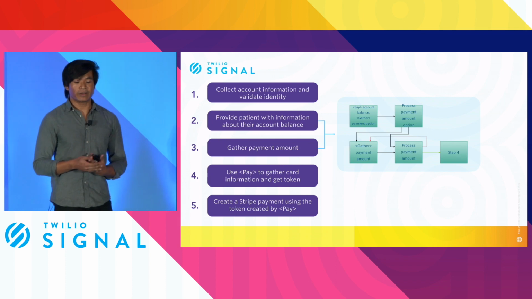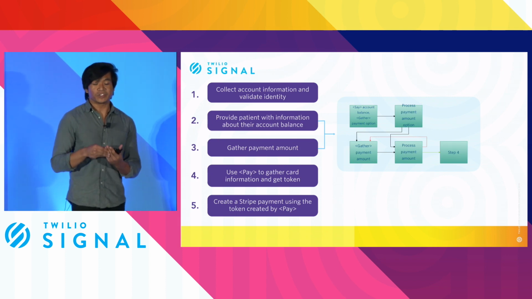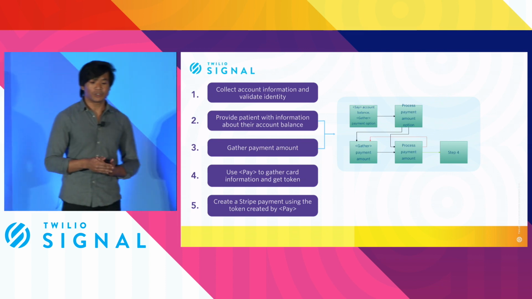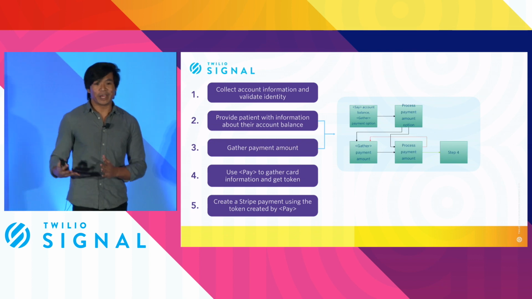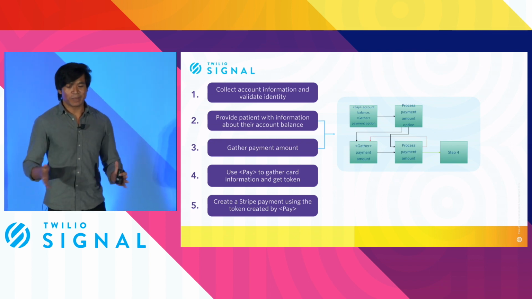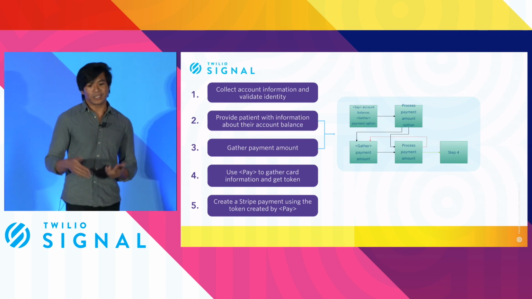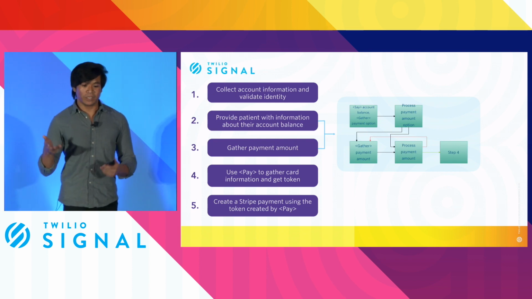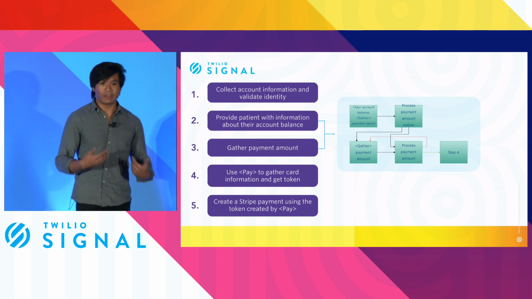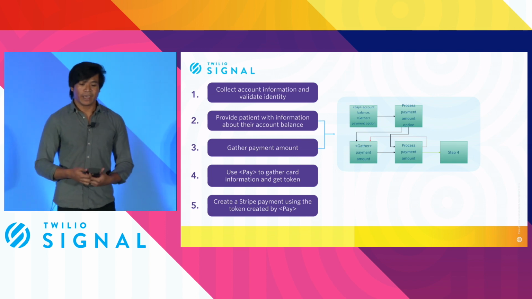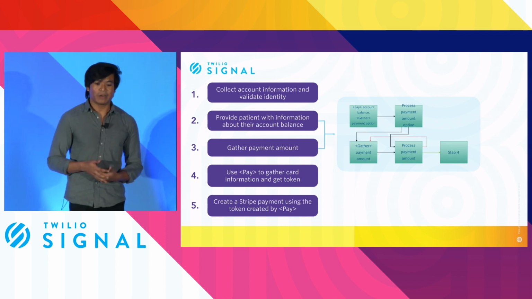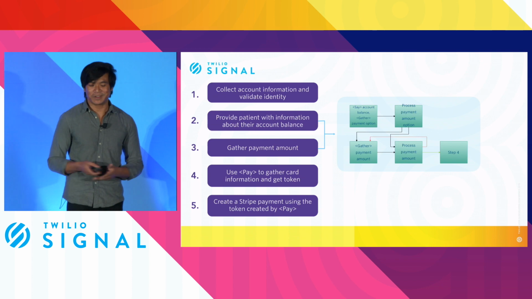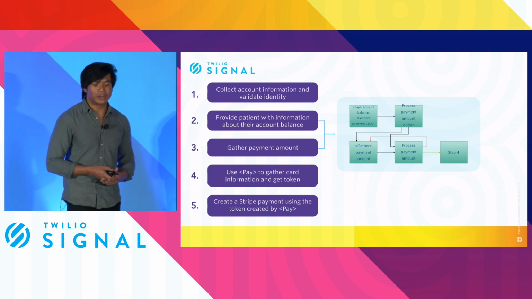Now that their account is validated, we can say their account balance and then proceed to gather their payment option, either 1 for a full payment or 2 for a partial payment, similar to what you heard in the demo. And then of course we have another endpoint to process that choice, and we branch off depending on what they chose. If it was a full payment, then we can set their payment amount to their account balance and continue. But if it was a partial payment, we then need to redirect to another endpoint to gather that payment amount, verify that, and make sure that that amount makes sense. Either way, we end up with some payment amount, and then we can finally begin creating a payment with it